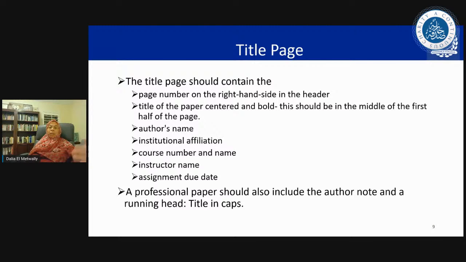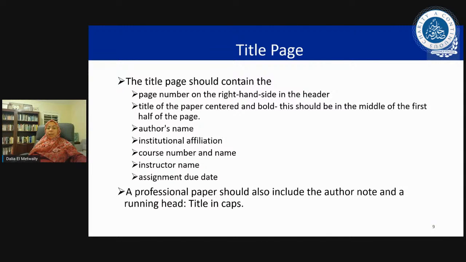The title comes first, the subtitle comes after it, and then we've got the author's name, institutional affiliation, course number and name, instructor's name, and assignment due date. Now, this is one question that my students at Wharton College always ask me: what are we looking at here? Are we really looking at the date I wrote my paper? No, it is the date the assignment is due. So if we've got really amazing students who have everything written way ahead of time, they still have to put the due date of the paper.